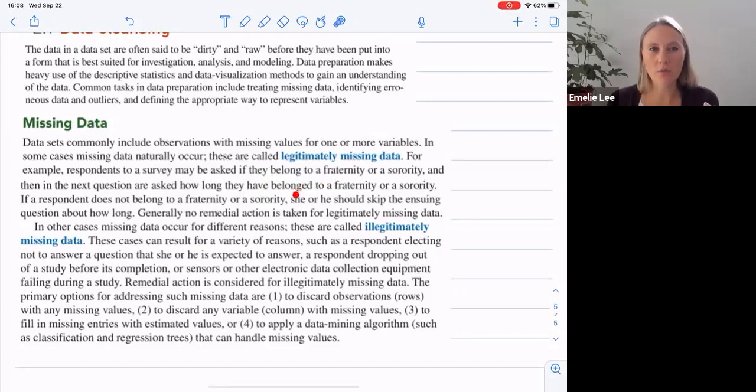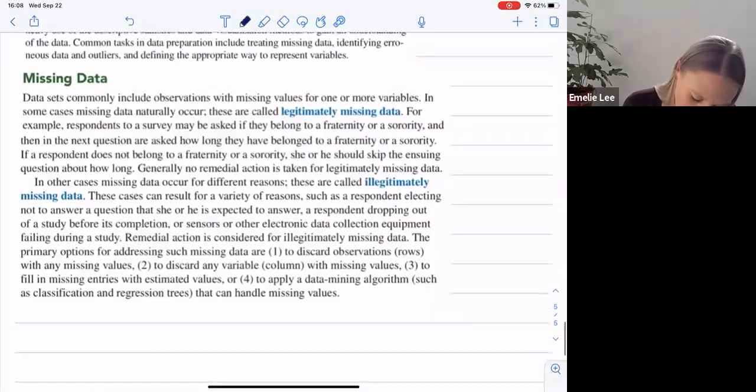Now, we try to avoid that scenario when you're building a survey, right? Then you should have a not applicable option in that case. So you only get legitimately missing data if you make a bad survey. So that's on you. But then you have to go back and look, okay, should this be missing? Should it not be missing? Right. And so legitimately missing data,